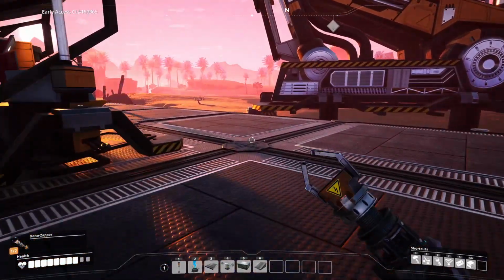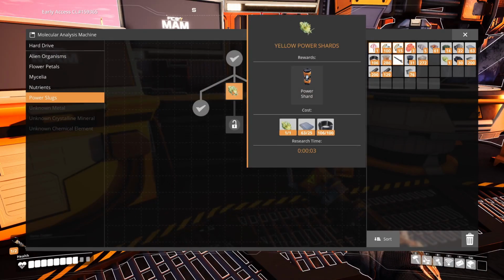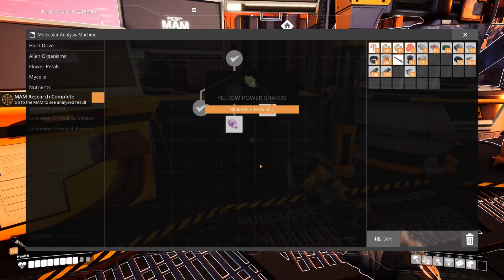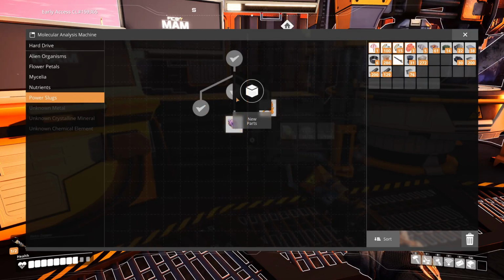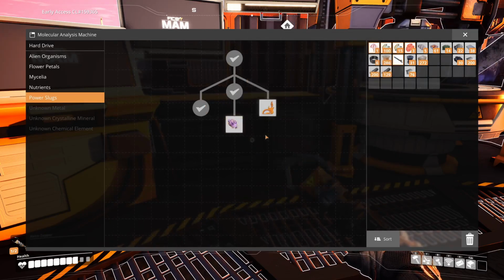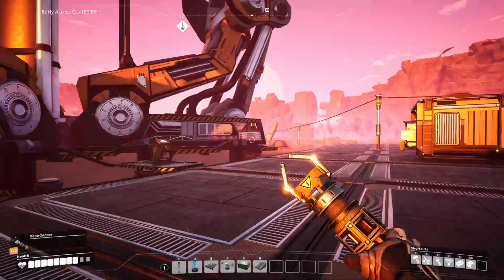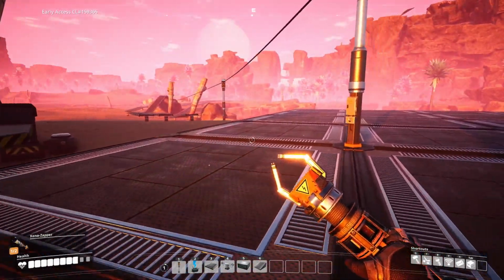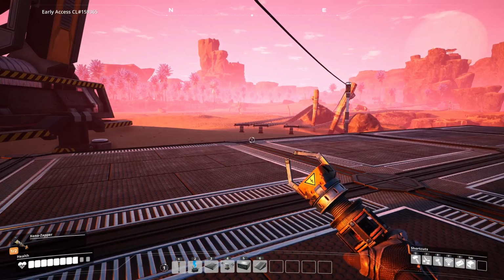Right, the other thing, while I'm here, go to the MAM, go to power slugs, because I now have a yellow power slug. We're going to start our research on that. Fantastic. Now we can try and track down some purple ones eventually. I can also work on that research. It requires another 5 minutes. Overclocking again will be handy later on. Or we're in the realms where we will be needing to do some overclocking. But for now,